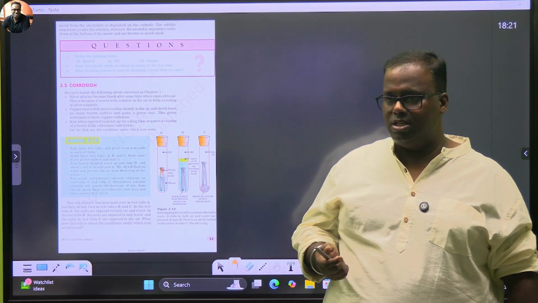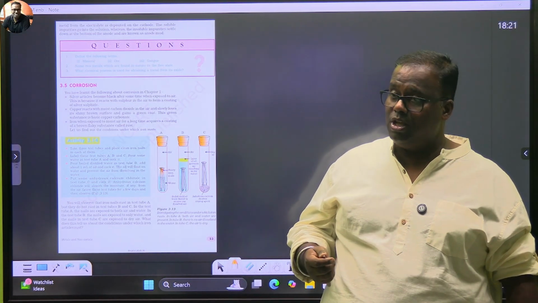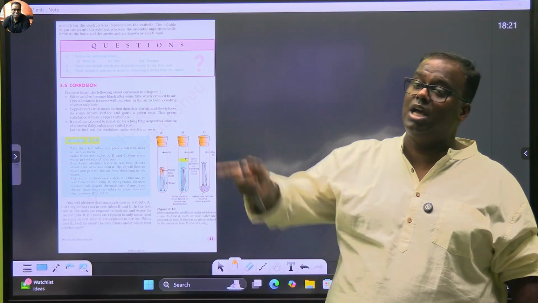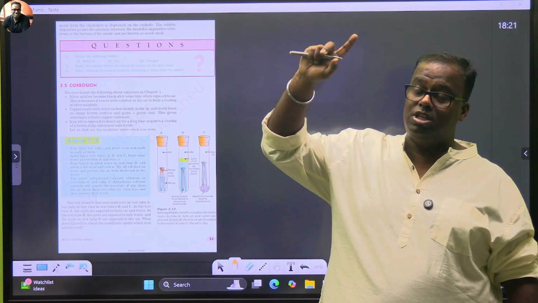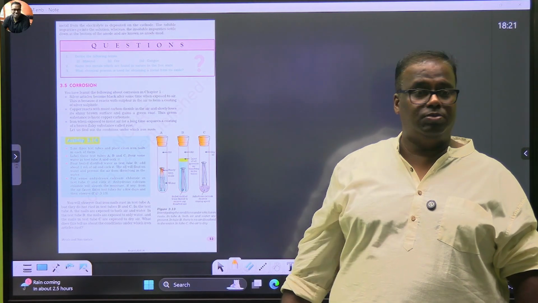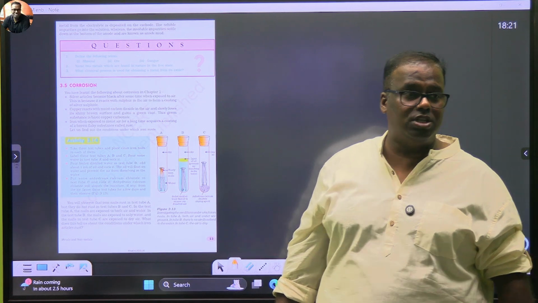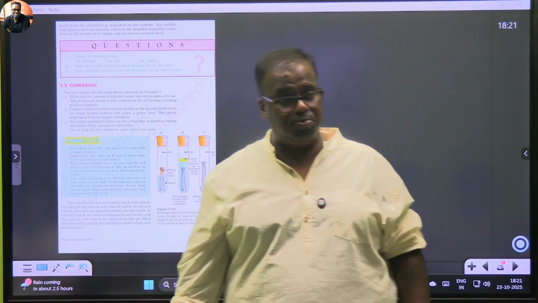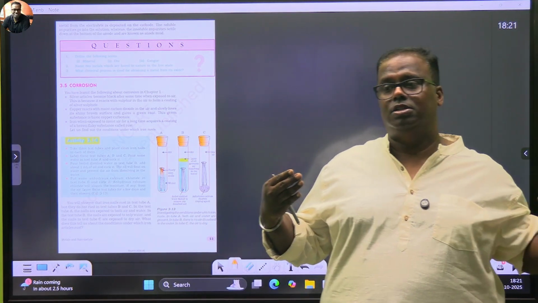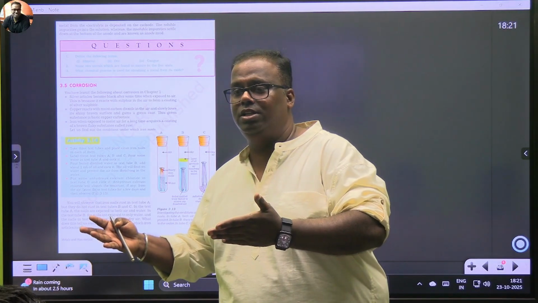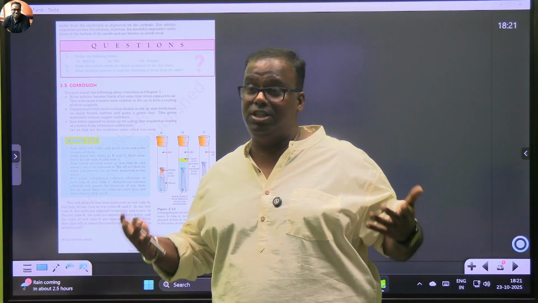Another is galvanization. But in galvanization, again the same story. Why are you galvanizing with zinc when zinc is higher in the reactivity series? Because zinc, once it forms oxide, the layer does not flake off. Similarly, same is with aluminum oxide and same is with magnesium oxide. Ships are coated with magnesium. Those ships move in marine environment, but still they are coated with magnesium. Magnesium is highly reactive.